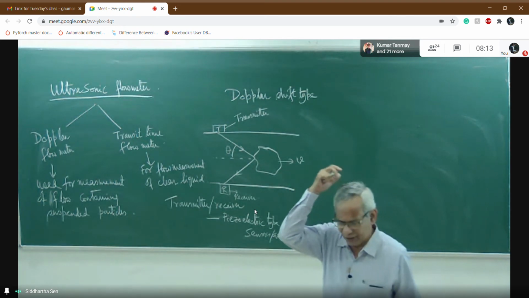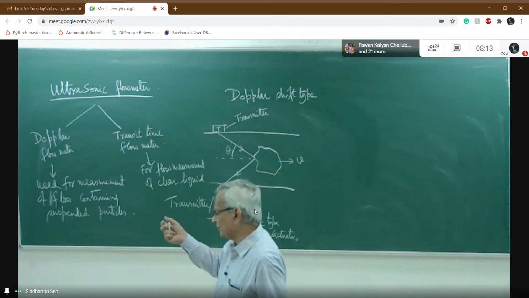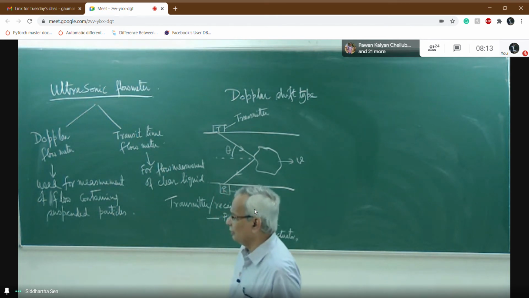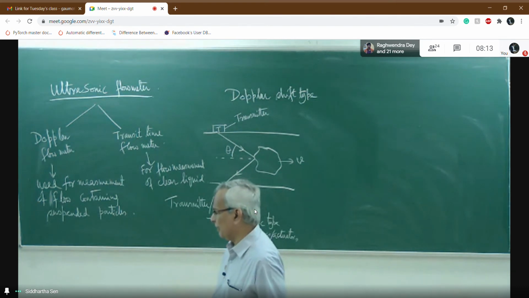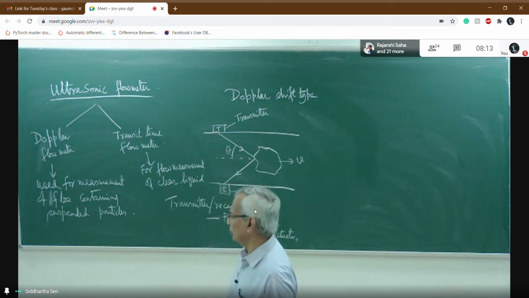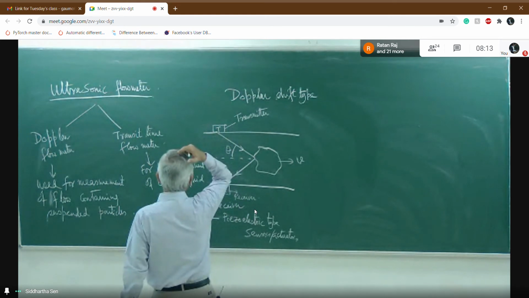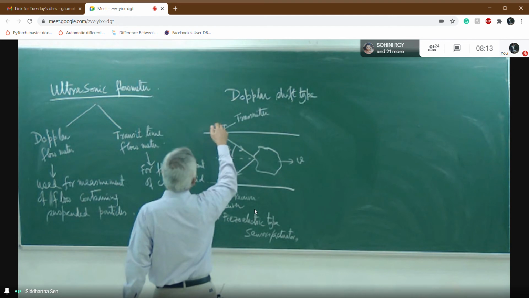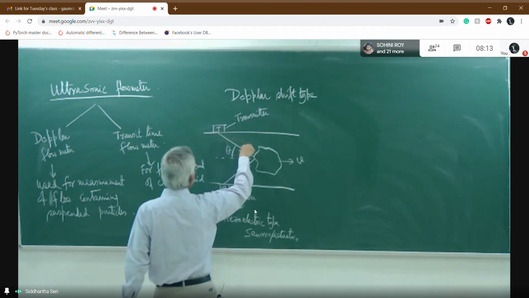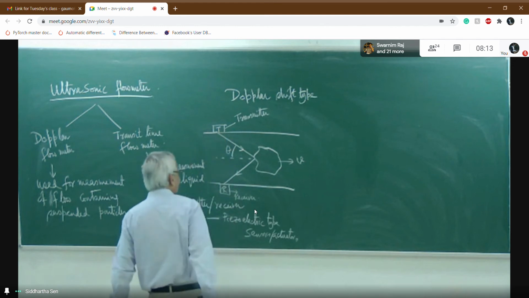That means if we press it, it will generate some electricity, and if we give some electrical voltage across this one, it will also change its shape, so it will generate some sound wave, ultrasound wave. So whenever it is acting as a transmitter, that means you are giving some voltage there, it will generate some ultrasound wave. And if we focus it or put it in this way, there will be an ultrasound wave there. So that is called the transmitter.